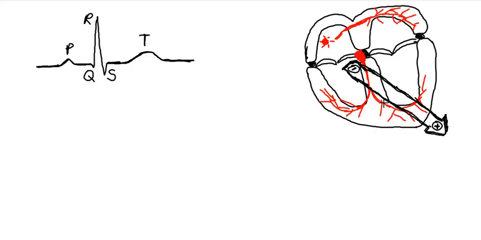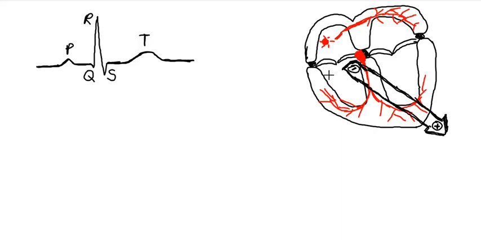Okay, understood? Now, for the sake of simplicity, just remember 2 points. One point is that any electrical impulse that travels in the direction of this cardiac vector will produce a positive deflection on the ECG machine and thus a positive wave. Okay. Second point is that